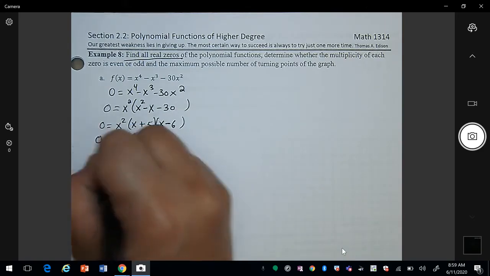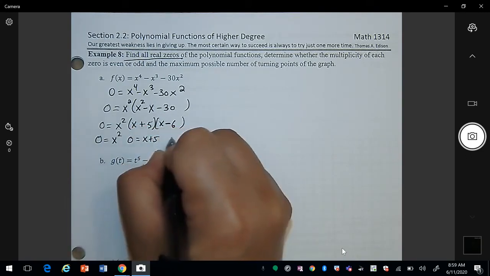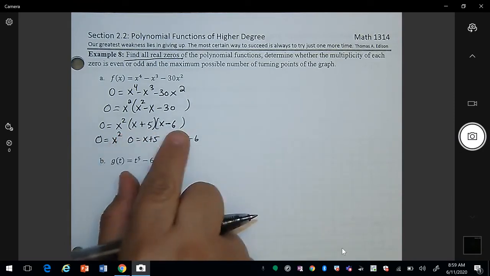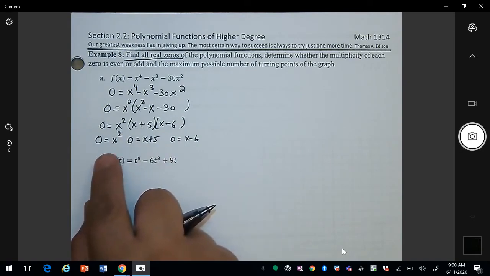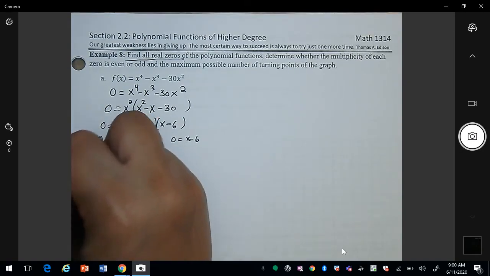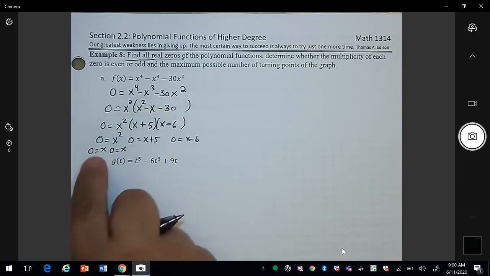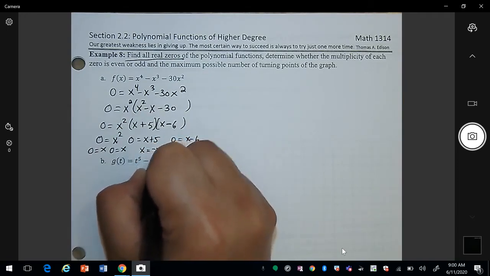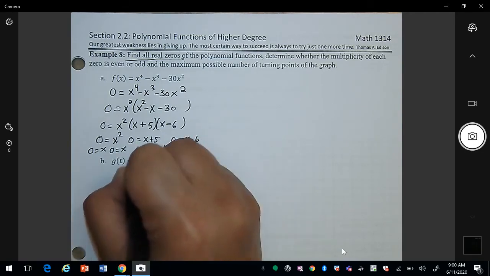So I have 0 equal to x squared, 0 equal to x plus 5, and 0 equal to x minus 6. Once we have the factors, we can set them equal to 0. Remember that 0 equals x squared is the same as 0 equals x and 0 equals x, so we can separate it as 2. Then we subtract 5 on both sides and add 6 on both sides. So my zeros here are